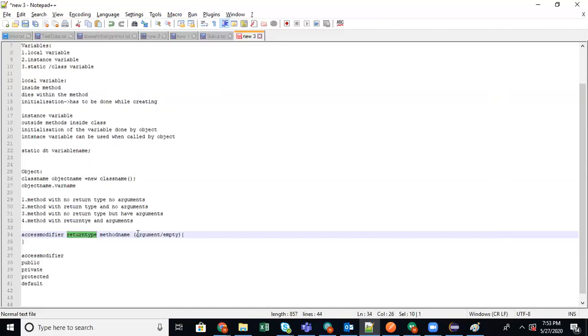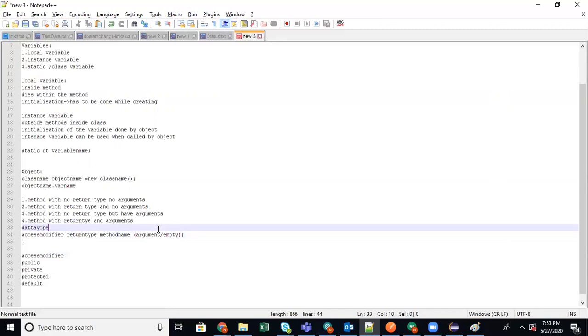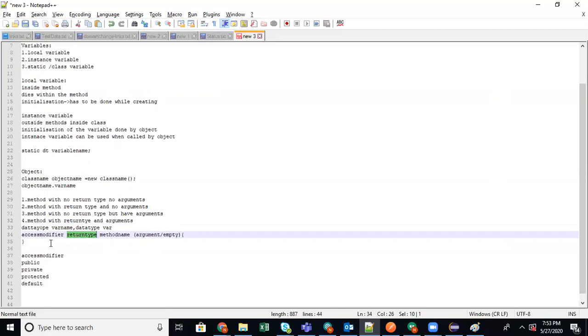That one you will write here as the data type and some temporary variable name. As many arguments as you want, that many variables you can use. Return type means that once the action is done, you want to return some result to the calling place.